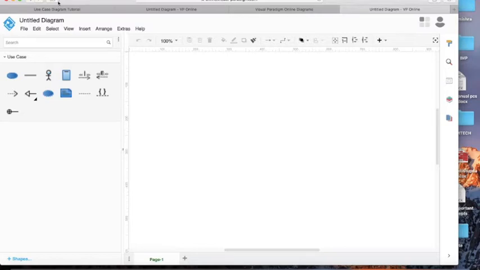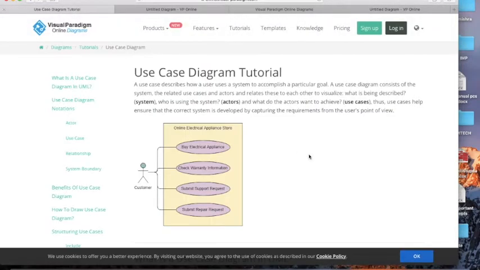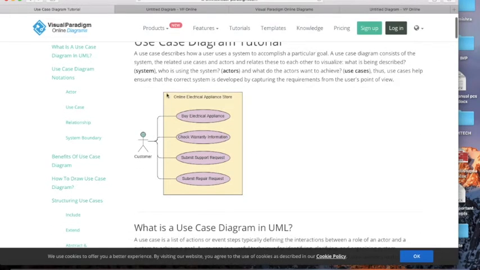Now let's see what these notations are all about. This is a use case diagram. This overall section is called the system. This use case diagram is for the online electrical appliance store. It means this is the use case diagram from where a user can buy electrical appliances online.